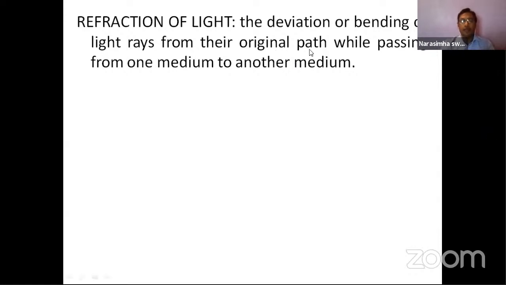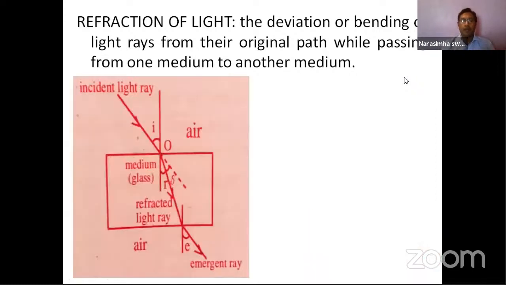Here there are two media, that is air medium and glass medium. So there are two media here, right? What is the definition? The deviation or bending of light ray from its original path while passing from one medium